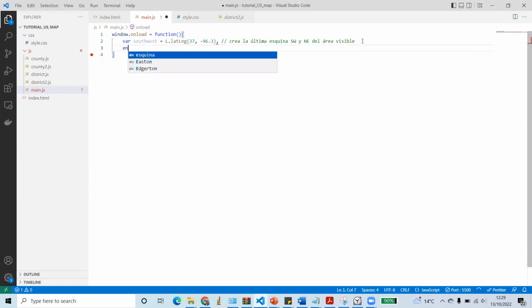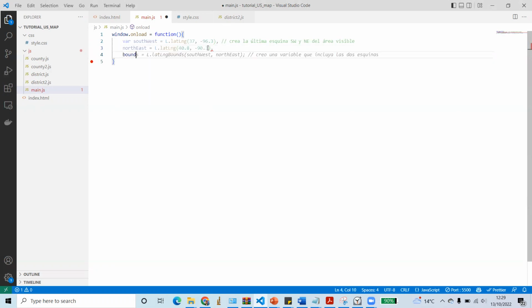And another is northeast. Northeast will be again some values with 40.8 and 90.3. After that, we are using a bound. So it will use lat long bound using southwest and northeast. Okay. So after that, we are going to initialize a map,